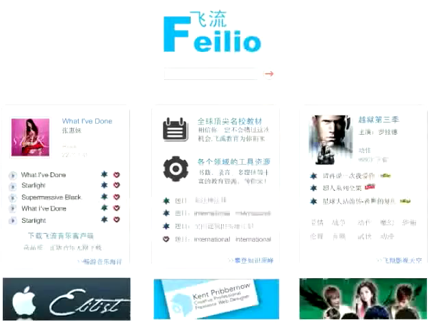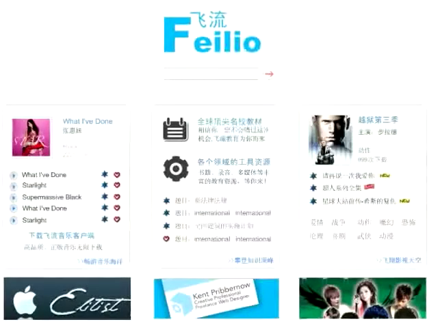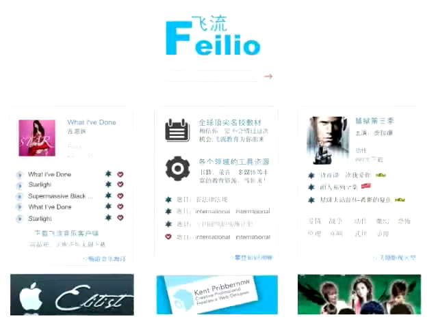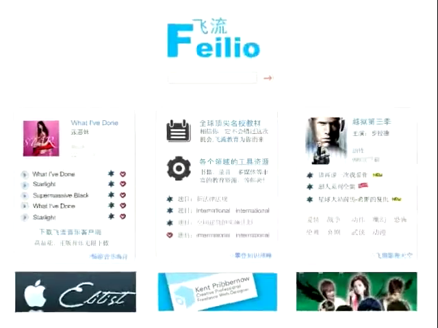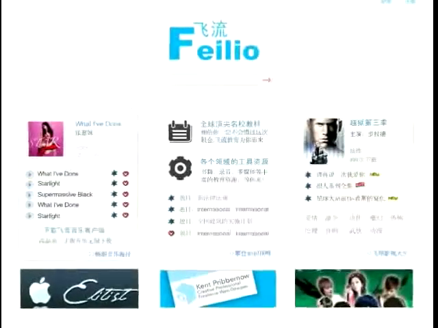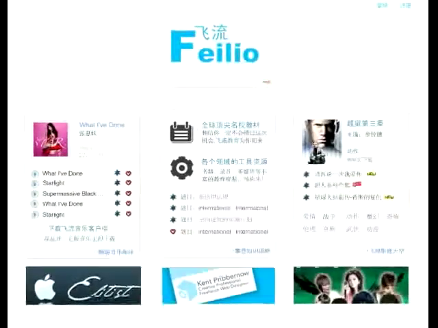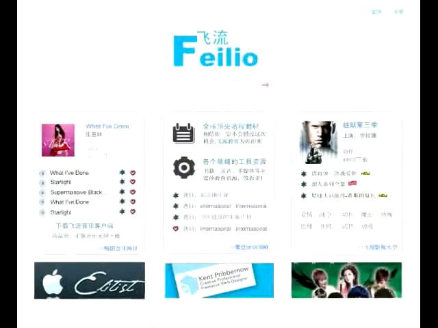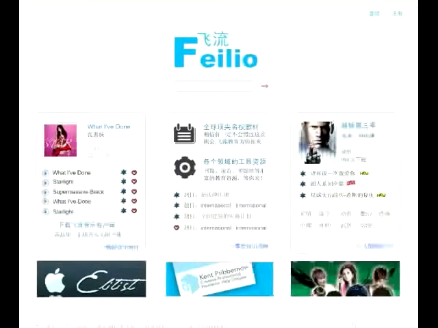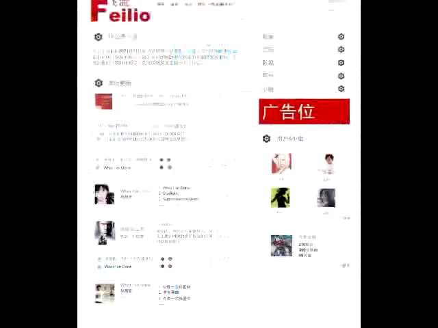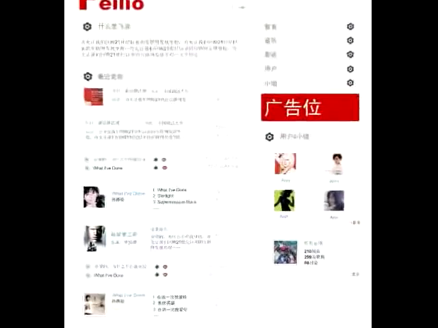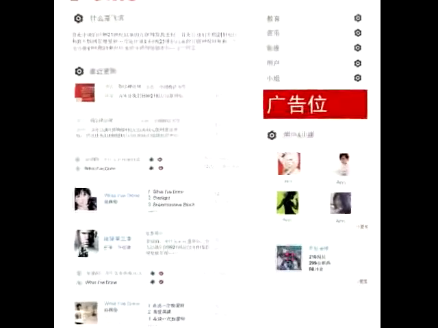I'd like to wrap up this demo with a preview of the user interface that we are currently localizing for the China market. As I mentioned earlier, the user interface you saw in this demo was just a prototype user interface and not meant to be a production version that will end up on users' computers in the China market. What you're seeing now is the user interface being designed for our launch in Chinese universities in October this year.